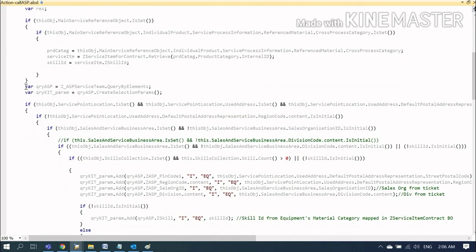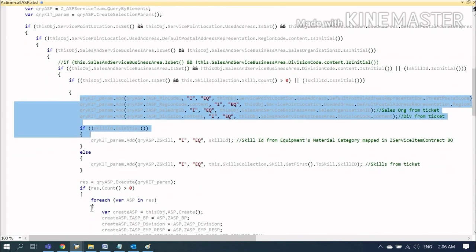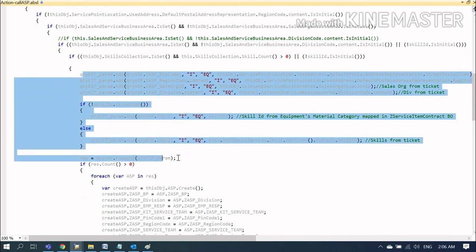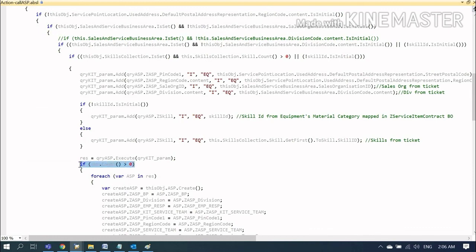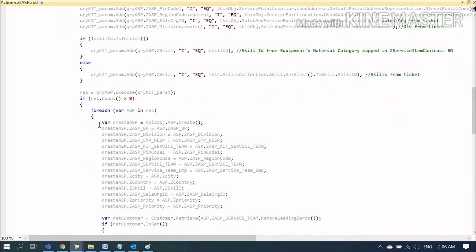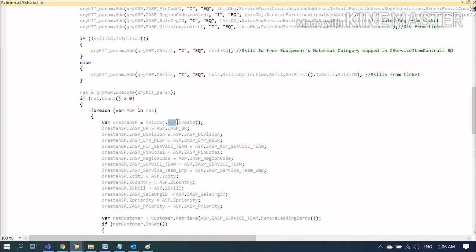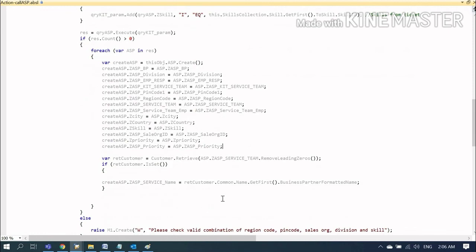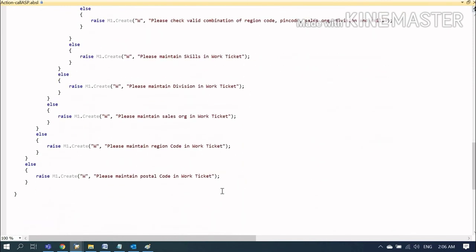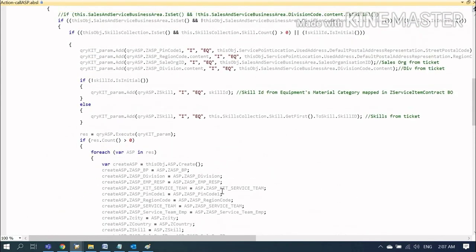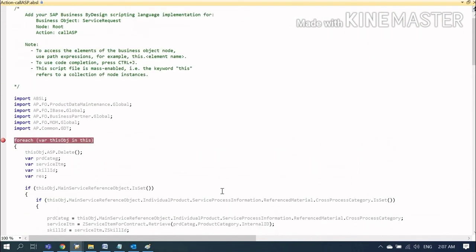You can see here I am querying this custom business object with all these 5 parameters, and in the result, if the result is greater than 0, then it creates a record in this ASP node. This is our custom node, and this is some code which I have written for the warning messages. You can pause the video and check the code also.